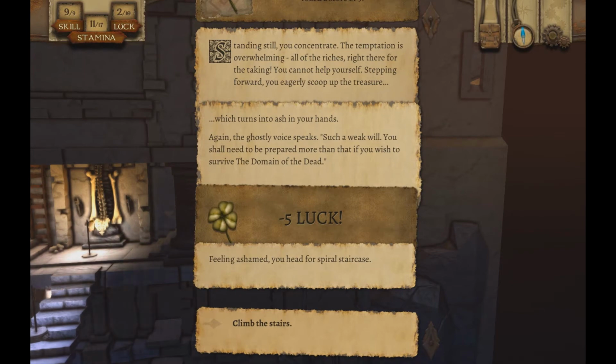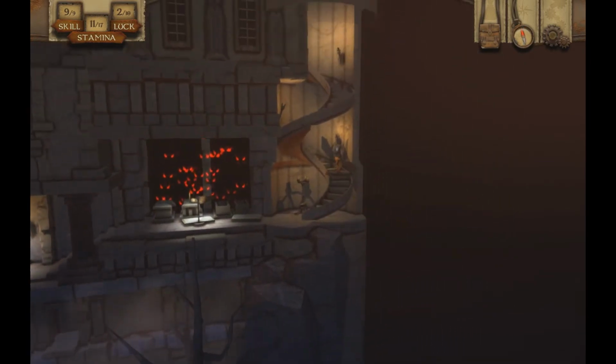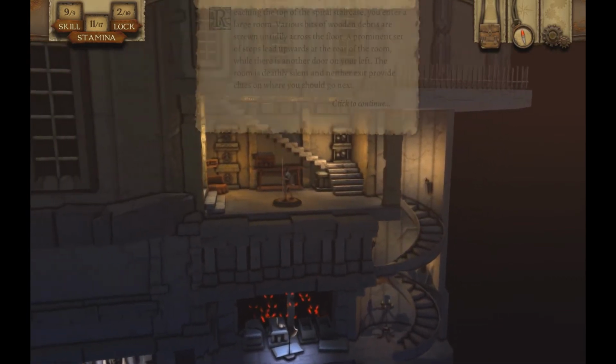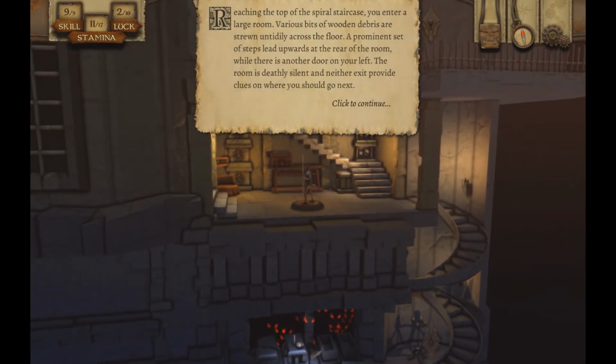Fantastic. So the poor get poorer here. We failed a luck test and thus became unluckier and more likely to fail future ones. Feeling ashamed, you head for the spiral staircase. So we're going to head up these steps. I'm getting flashbacks to the last time we went up a spiral staircase and got killed by worms at the